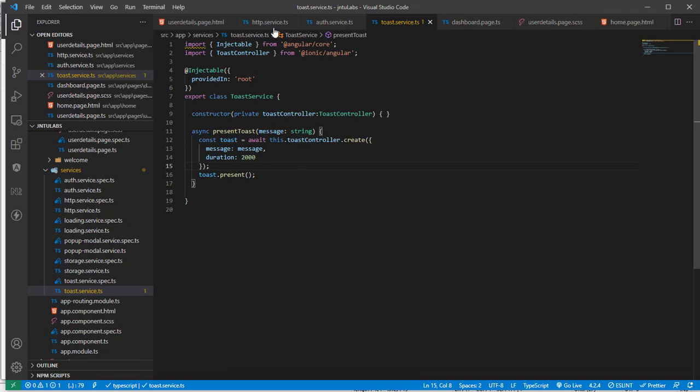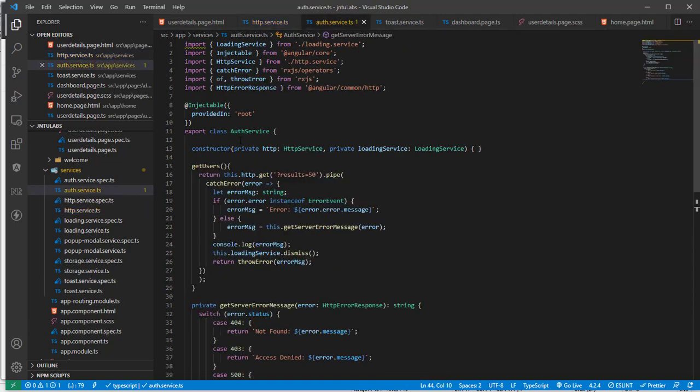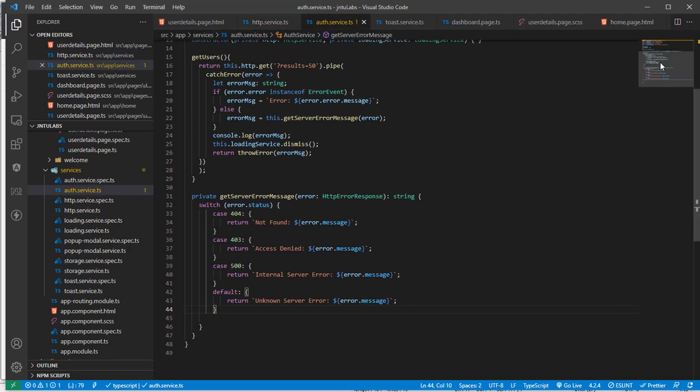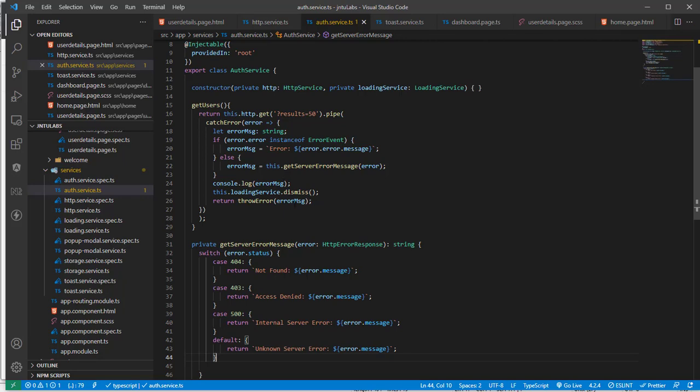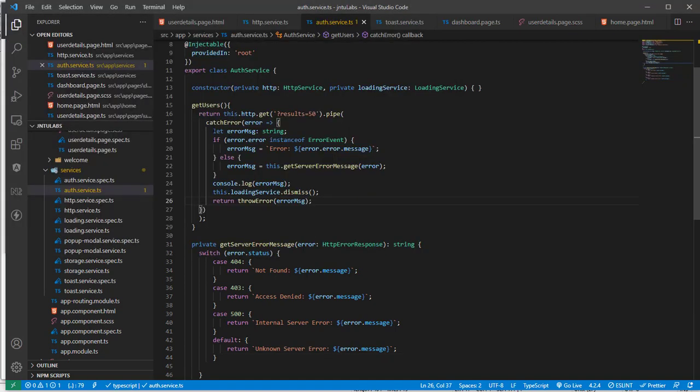Now I'll show you the usage. So here we have the post. If you saw my previous videos, then you have the post method and get method, and also an auth service has been created. Now let me run this Ionic serve and show you what I have done. Previously I was writing this much code, returning the results.